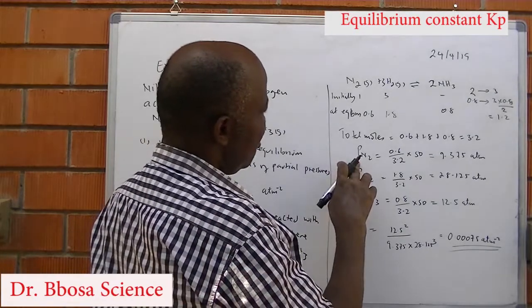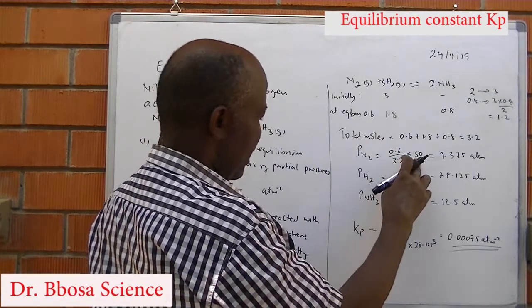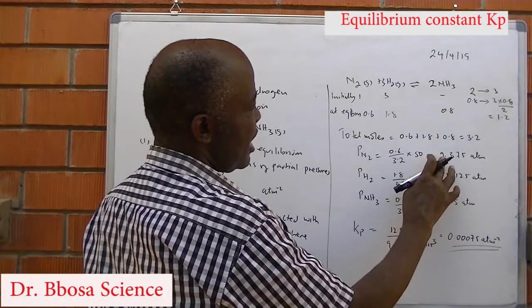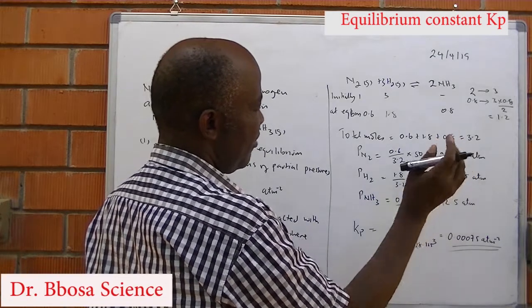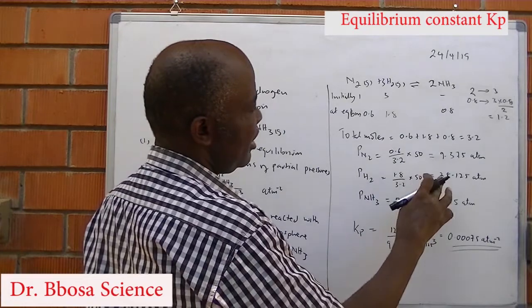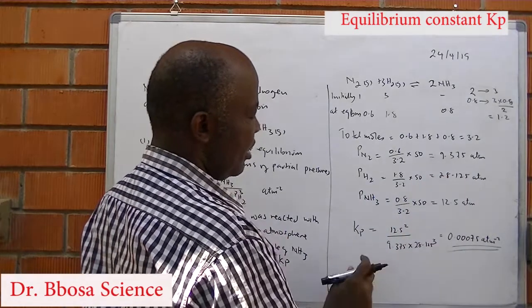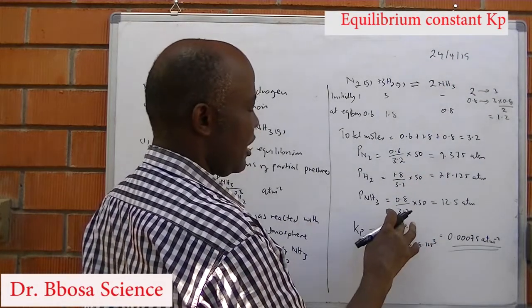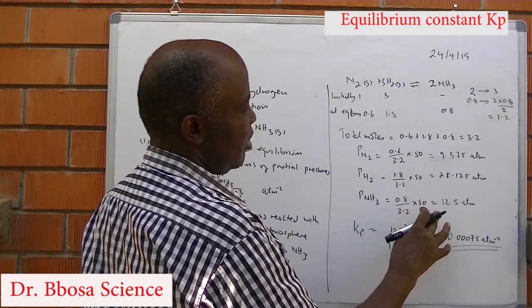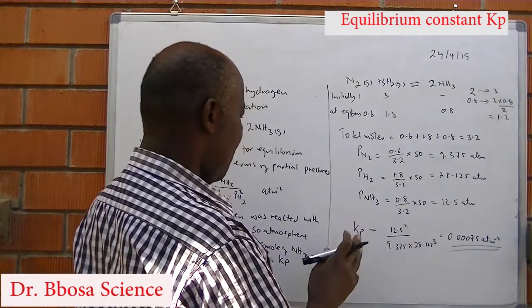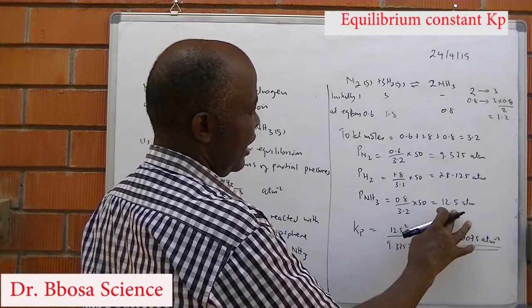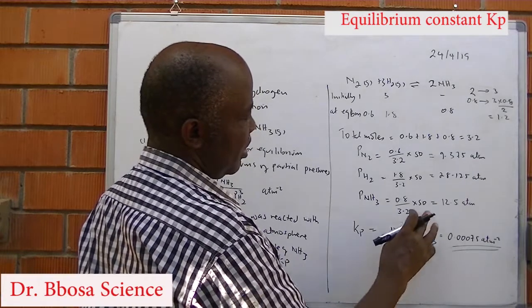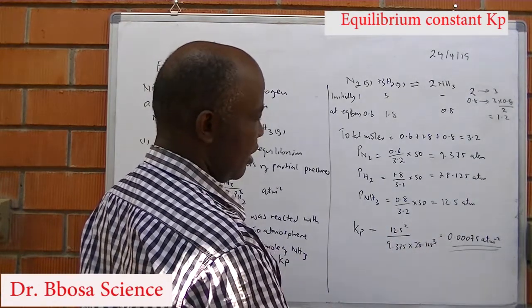Then partial pressure of nitrogen will be the moles of nitrogen over the total moles times the pressure of the system, which is 50, and it gave you 9.375. The partial pressure of hydrogen will be 28.125. The partial pressure of ammonia will be moles of ammonia over the total moles times the pressure, which is 12.5. Then the Kp is equal to partial pressure of ammonia squared over partial pressure of nitrogen times the partial pressure of hydrogen to power 3, and it will give you